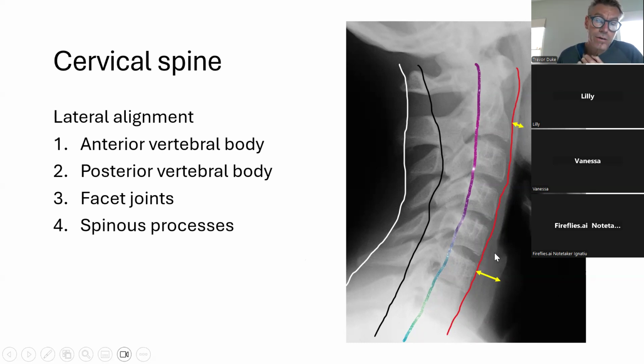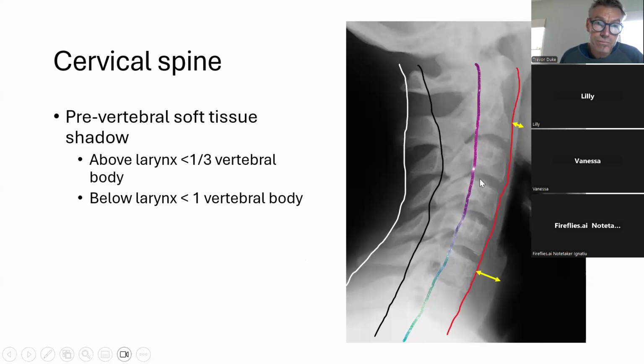And so here, this is normal, where as long as the prevertebral soft tissue space is less than one vertebral body, then that's normal. And above the epiglottis, if it's less than a third of the vertebral body, that's also normal. Above the larynx, if it's less than a third of the vertebral body, then that's normal. And below, less than one vertebral body is usually normal. But it's a big clue to if there's a ligamentous injury or a hematoma or any other cervical spine injury,